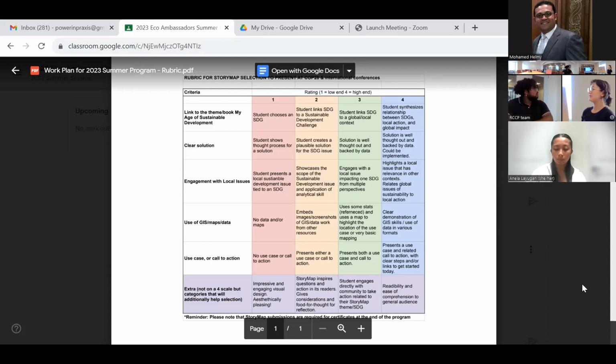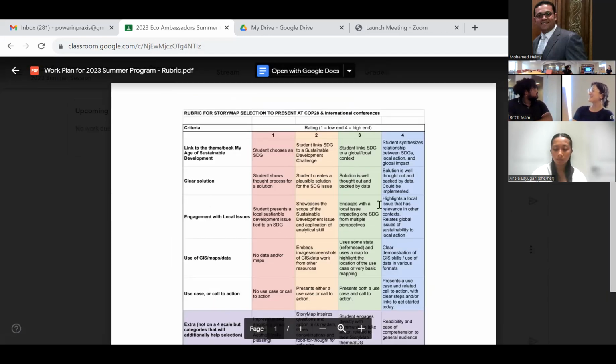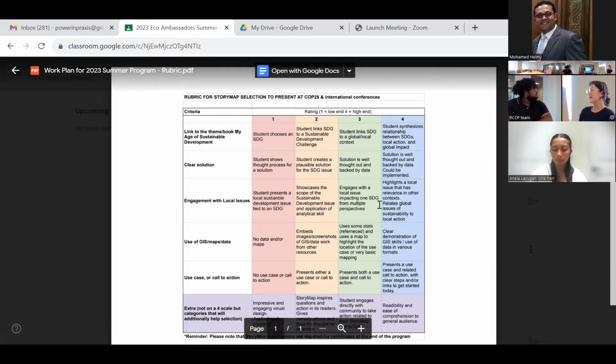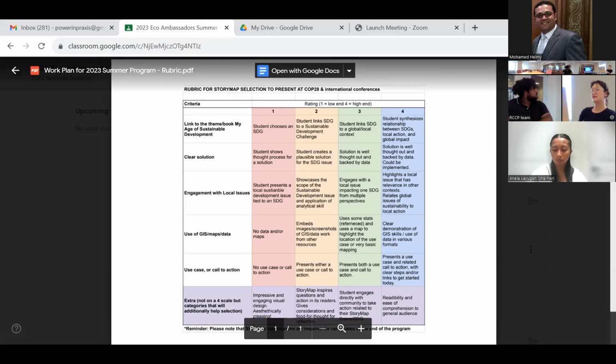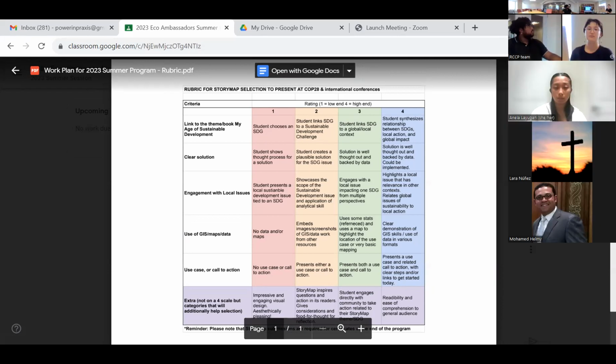And then we also ask that your story map is engaging with local issues. And what would make these very special is if, in addition to focusing on the local issues and how the SDGs are present in your communities, you can also relate that back to the global goals and the global